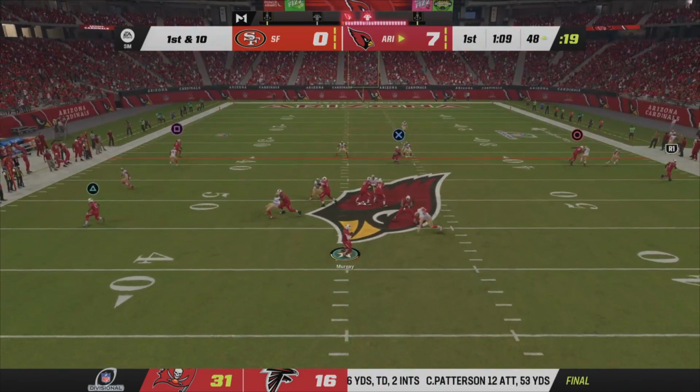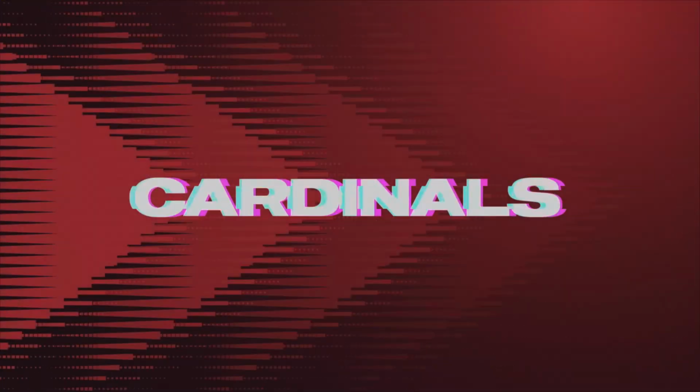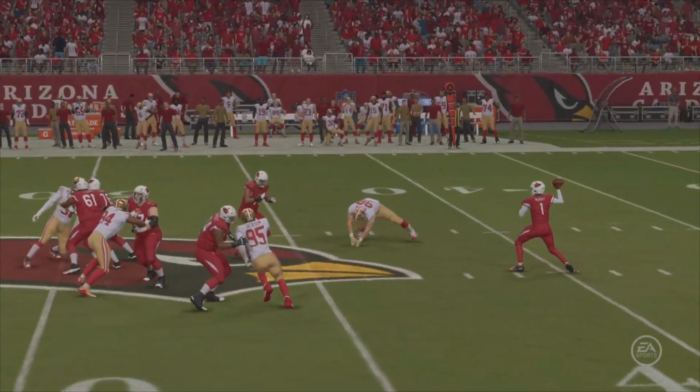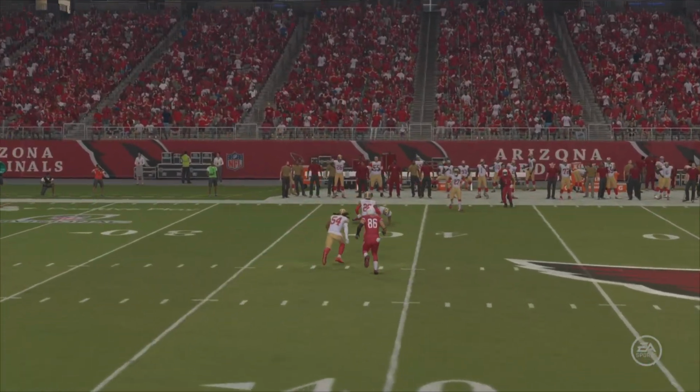Throwing on first down is Murray. This one grabbed by A.J. Green. And they're going to get this down to about the 37. Well, as a coach, you absolutely love seeing your...